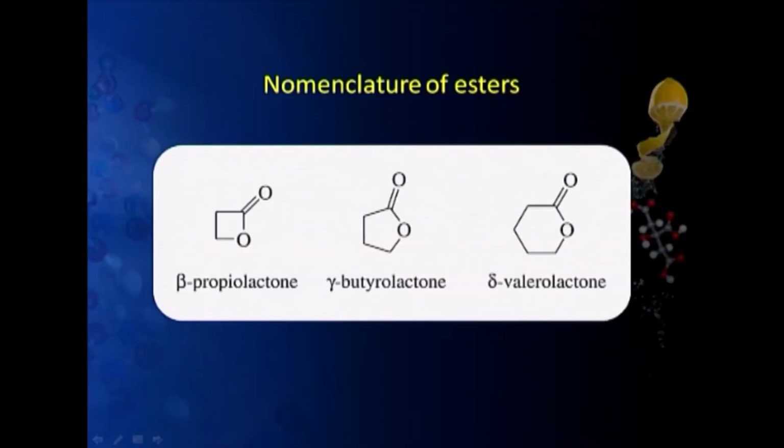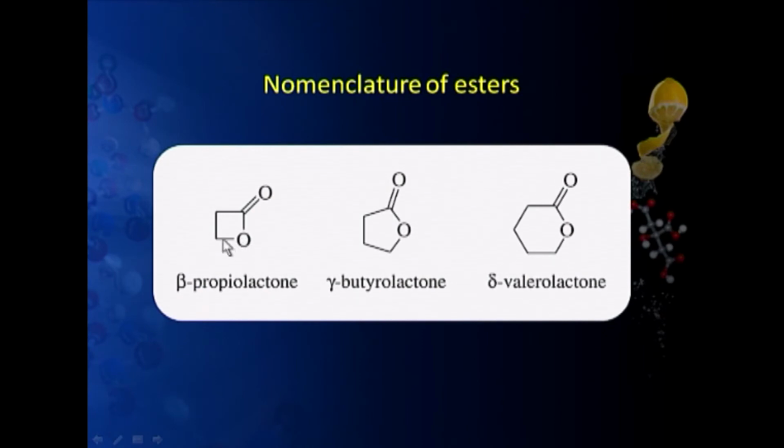Cyclic esters are obtained from those carboxylic acids which have a hydroxyl group substituted on their chain, and when this hydroxyl group combines with the carboxyl group itself, we will get a cyclic ester. The cyclic esters are named as lactones, and the other rules for naming these esters remain the same, that we indicate